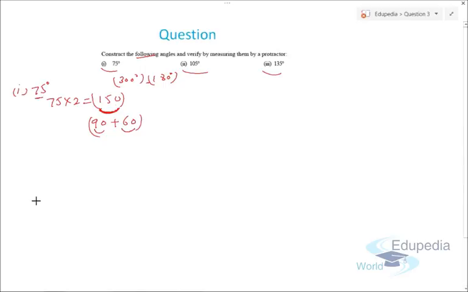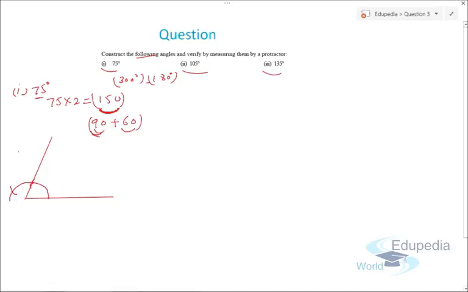Again, we draw a line like this. Then keeping this as center, we draw an arc, and this as center, we draw a 60 degree angle, right? So let's say we pass a line like this. Then we need to draw 90 degree. So again, keeping this as arc and this as point and this as length of an arc, we draw 120 angle. Then we need to bisect 120 and 60 to get first 90 degree angle, right?